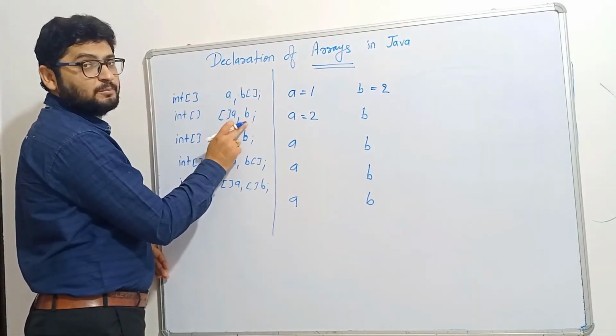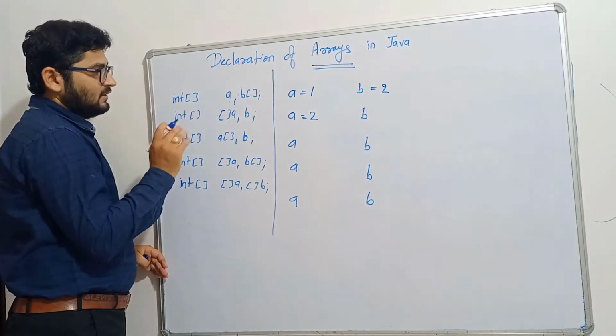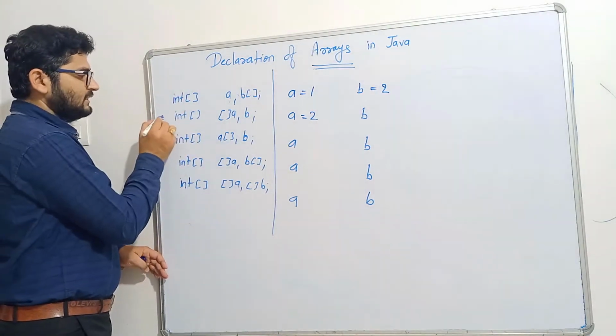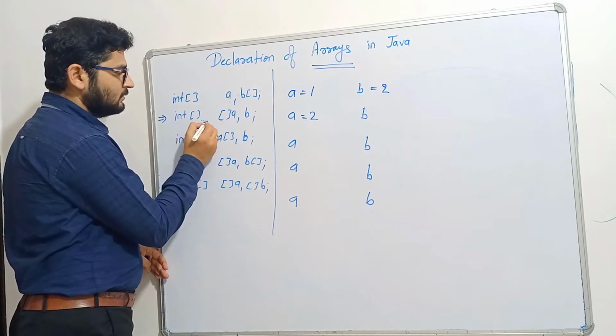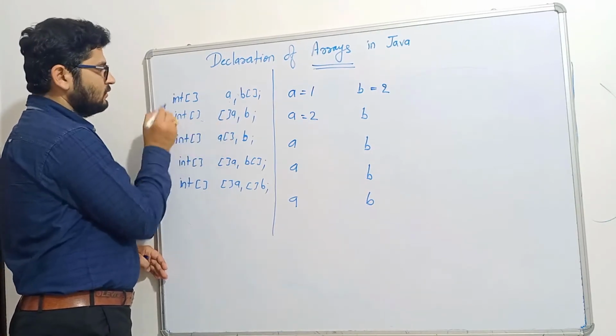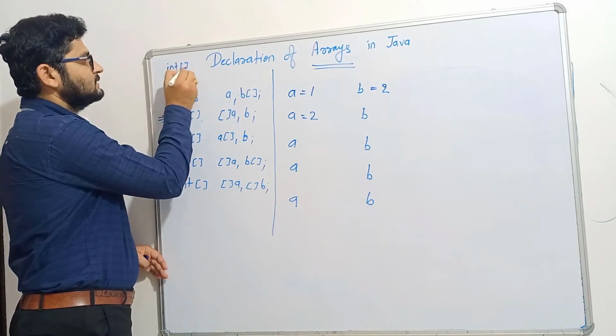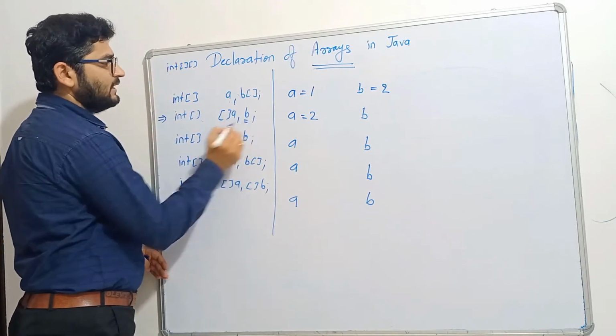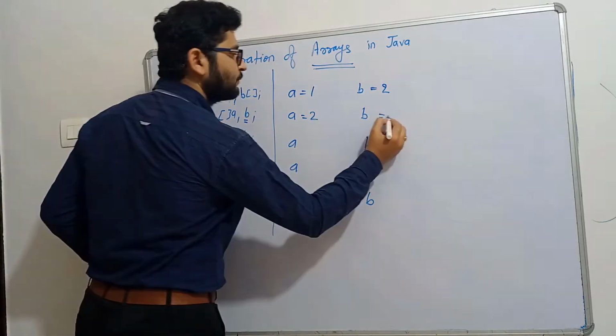Now what is the dimension of B over here? See, when this program is going to compile having this statement, all the space will be removed and this 2 will be merged. Okay, so finally it is going to be like this. Okay, so dimension of B over here is also 2.